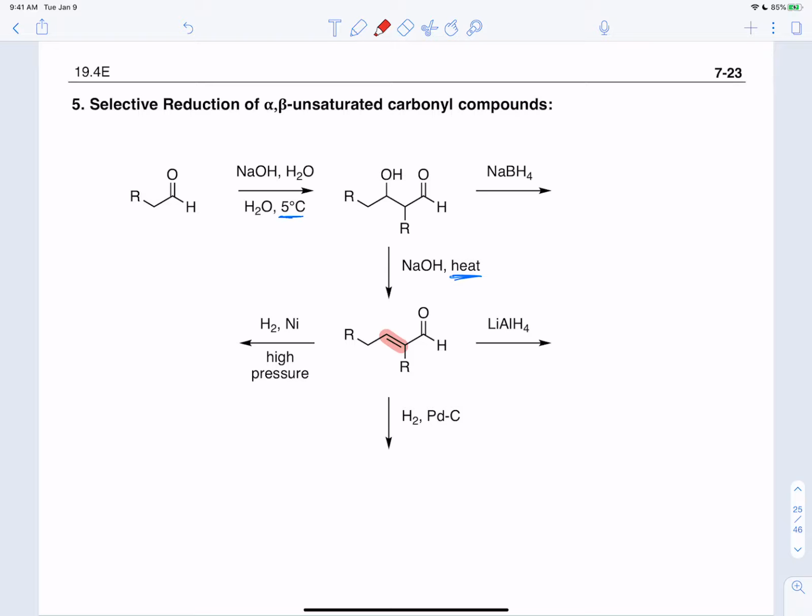So if we took this top molecule and we reacted it with sodium borohydride, we're going to be able to reduce this aldehyde to an alcohol, and we'd get now this